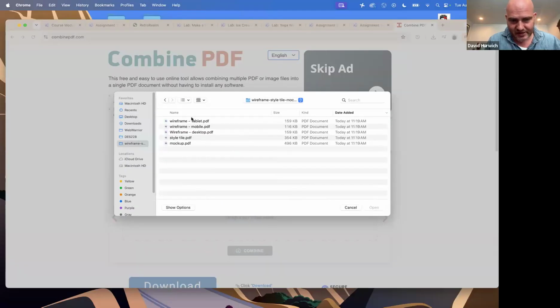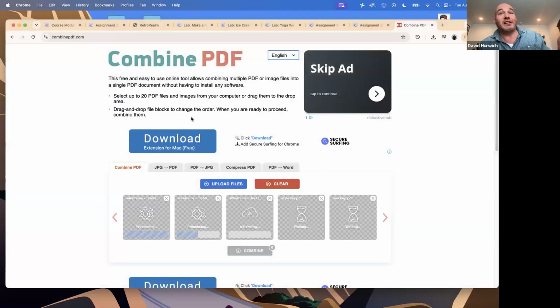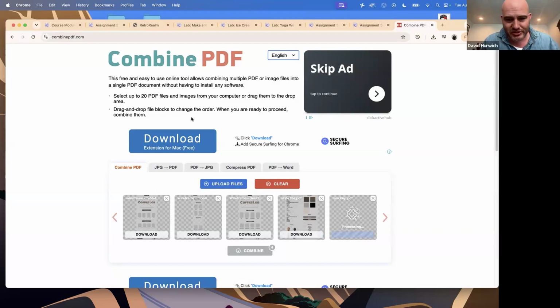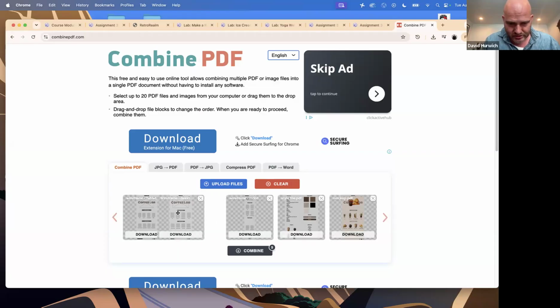And then I'm just going to grab any file that I want. Now, all of these are PDFs, but you could also use images and such. And you can then reorder these. So for the sake of argument, I want it to be website, then desktop, tablet, and then mobile, style tile, and then